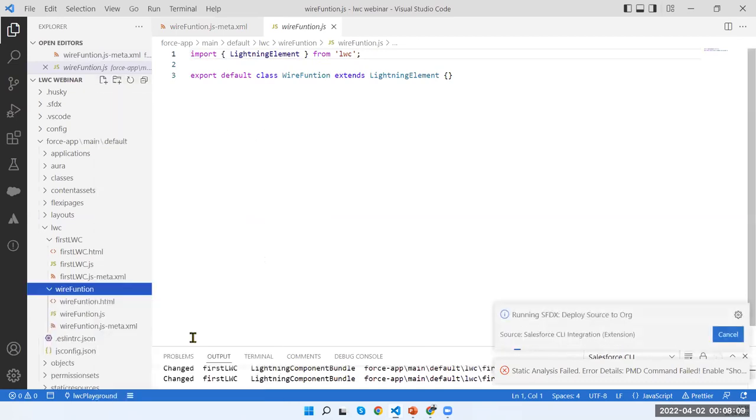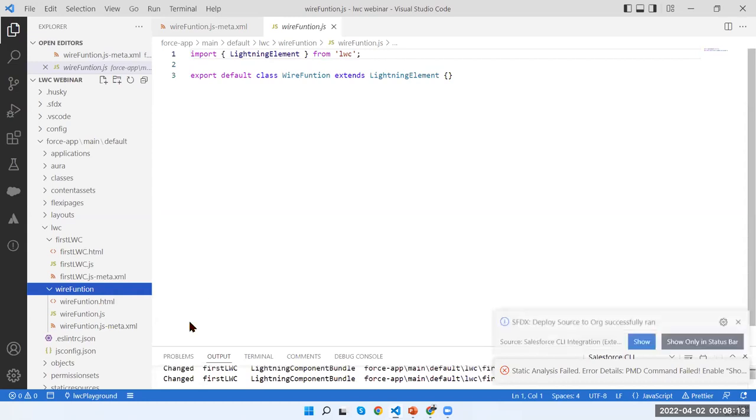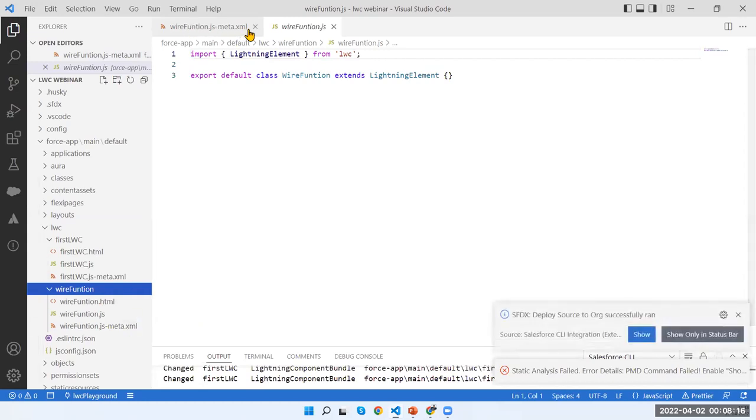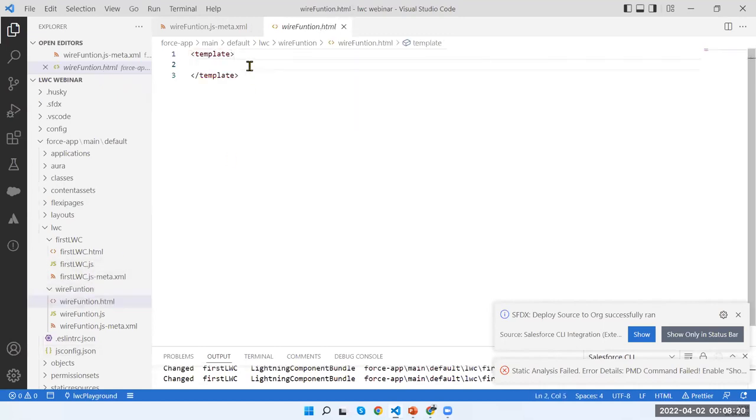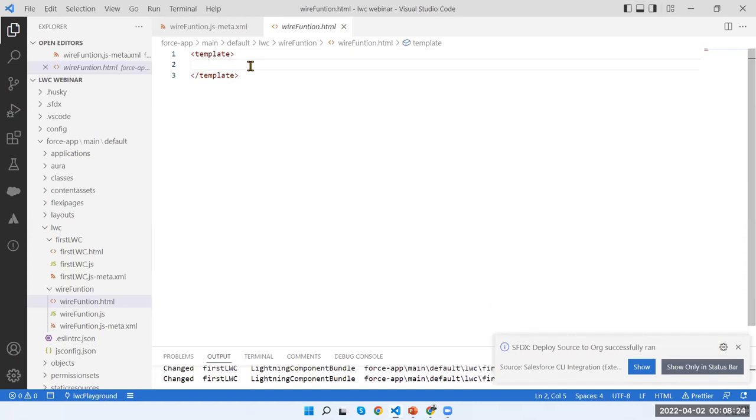Just deploy. So I have one scenario. I have to search the account based on the input data I'm providing, right? So what I can use,